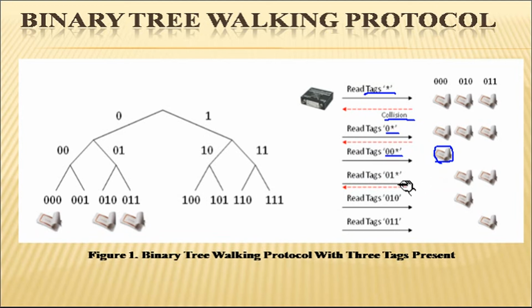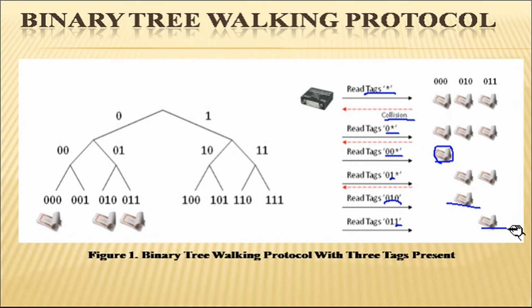Next time what it does is it backtracks. Now instead of this last 0, it has changed it to this 1, and now it is going to fire the query. But with this also collision is taking place. So again it will increase the length of the query bit. So with 3 bits, again now it is getting the single tag. Again it backtracks. Now instead of this 0, it gives this 1, and it is getting only one tag in response. So this is how the binary tree walking protocol works.